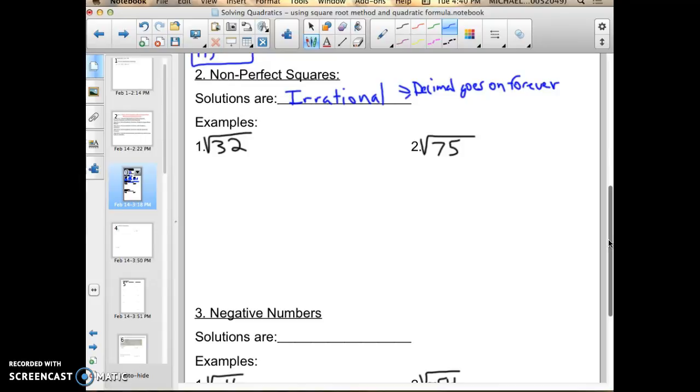We're going to leave it in what's called simplest radical terms. Or we're going to simplify it, or break it down is another way you can think about this. So in this case, if I were to take the square root of 32 on my calculator, that gives me 5.6568, and it goes on forever. I know that it's not a perfect square. So then I'm going to have to do what's called